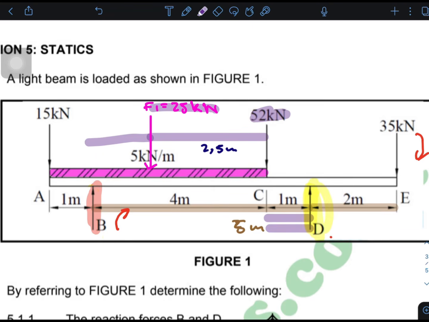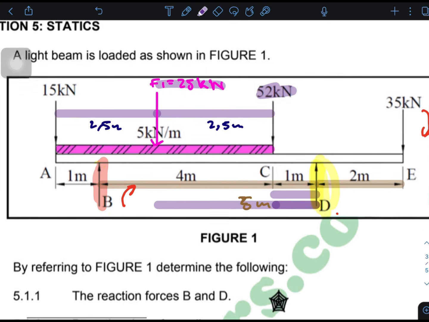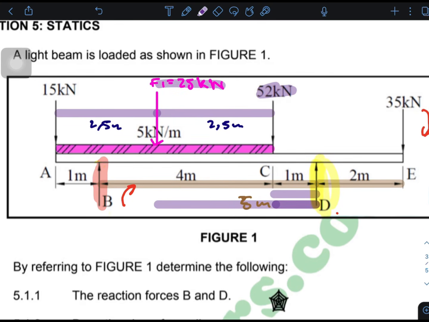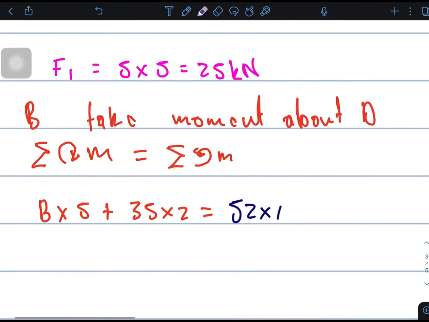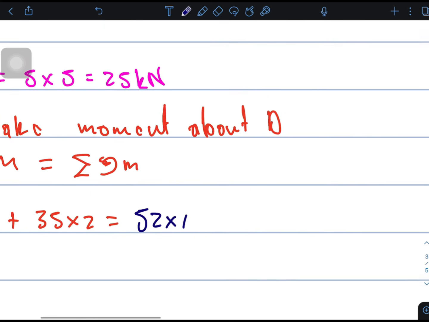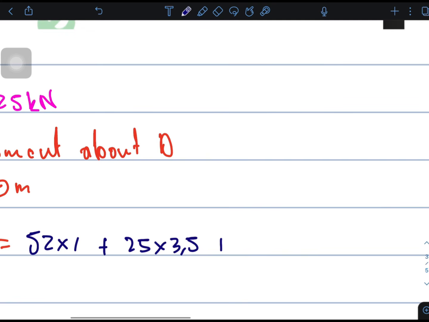So from here to here, that should be another 2.5 meters. So if from here to here is 1, then we go a further 2.5 to get to the uniformly distributed load as a concentrated load. That means that distance is basically 3.5. So plus 25 times 3.5 plus,